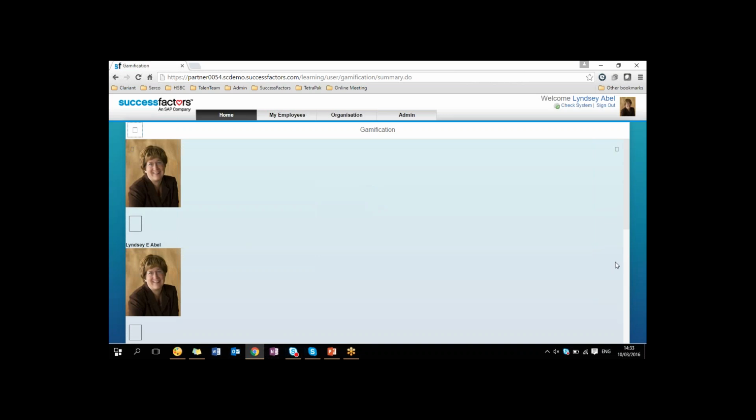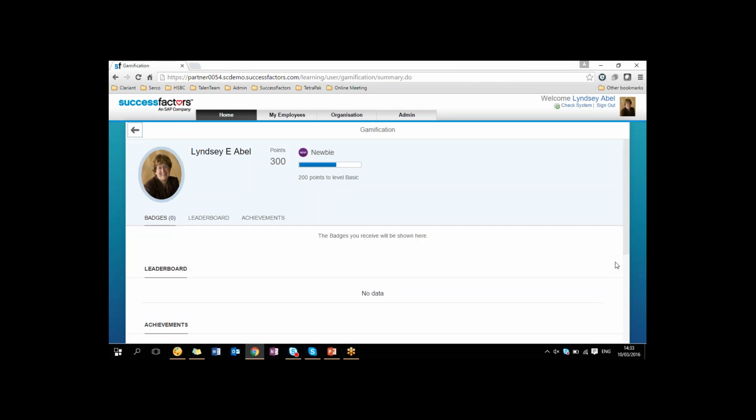So a new interface will appear, and it gives you three main areas to look at. You have your profile of the person, the points you've achieved, what status you're at, and a progress bar to see how far you are from the next level. Your badges would be displayed here, based on your specific configuration within the Bunchball console. You also have a leaderboard, which indicates how well you've done in comparison to other people. This specific feature can be switched off if it's not something that your organisation really endorses.